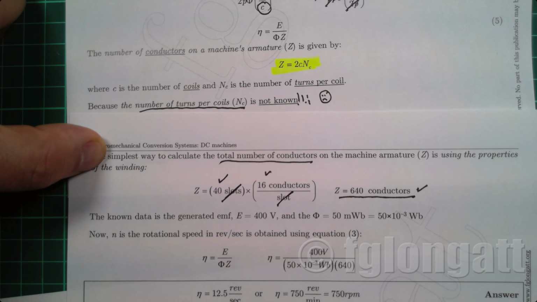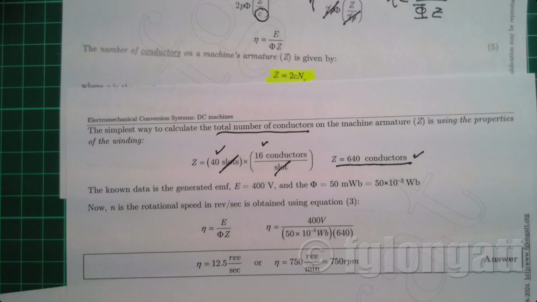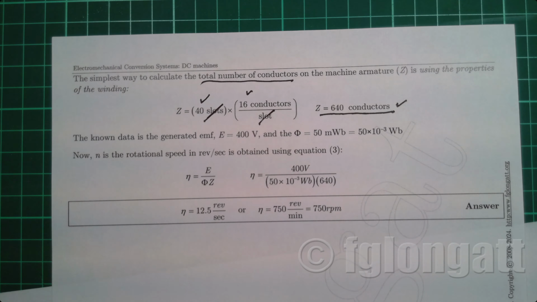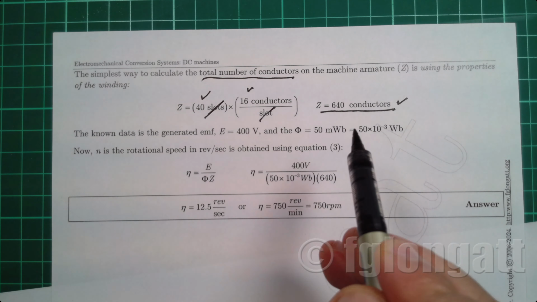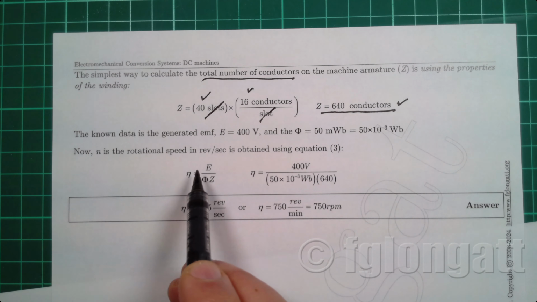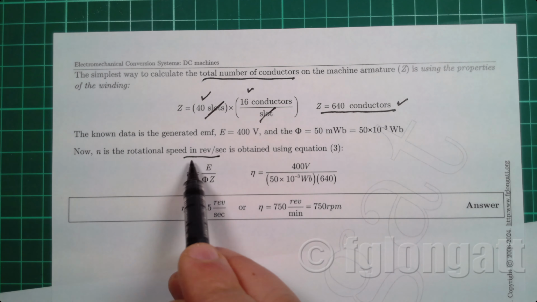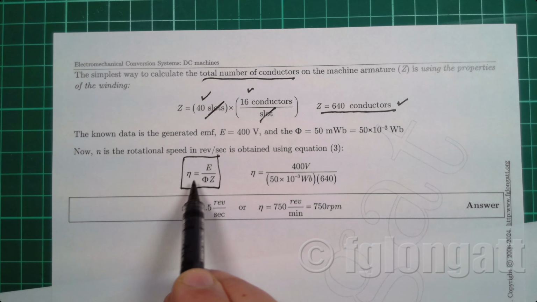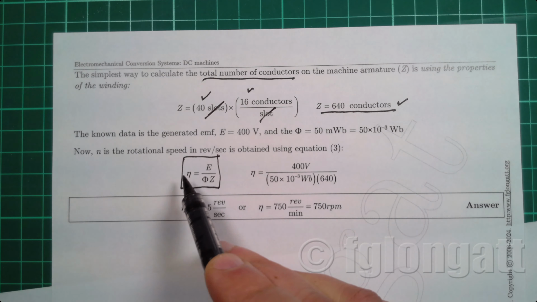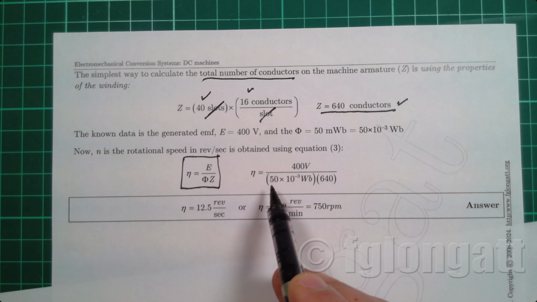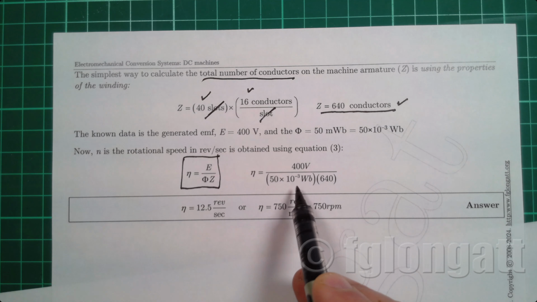Now we can solve this numerical problem by basic substitution. We come back to the equation: the voltage that we want, in this case 400 volts induced in the armature winding, is divided by the flux per pole, in this case 50 milliwebers, and